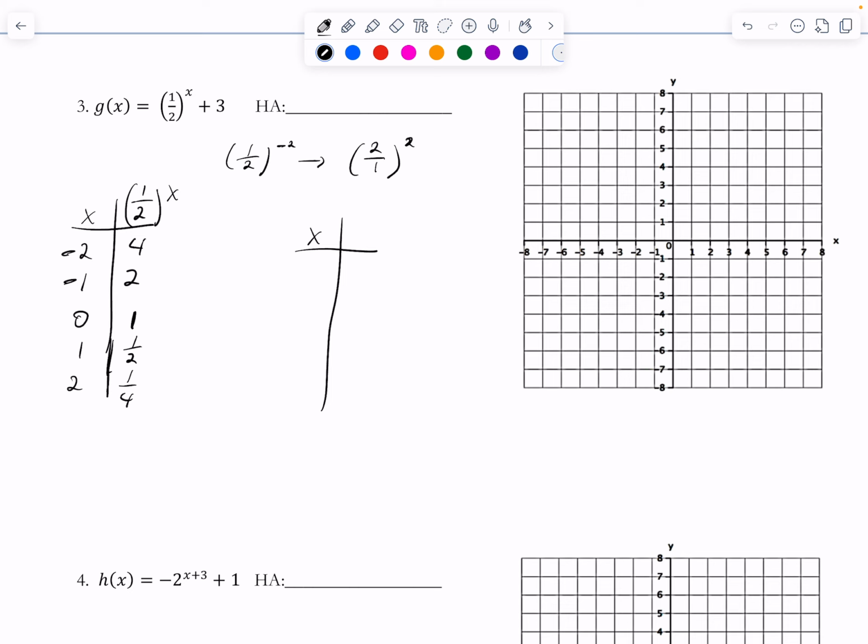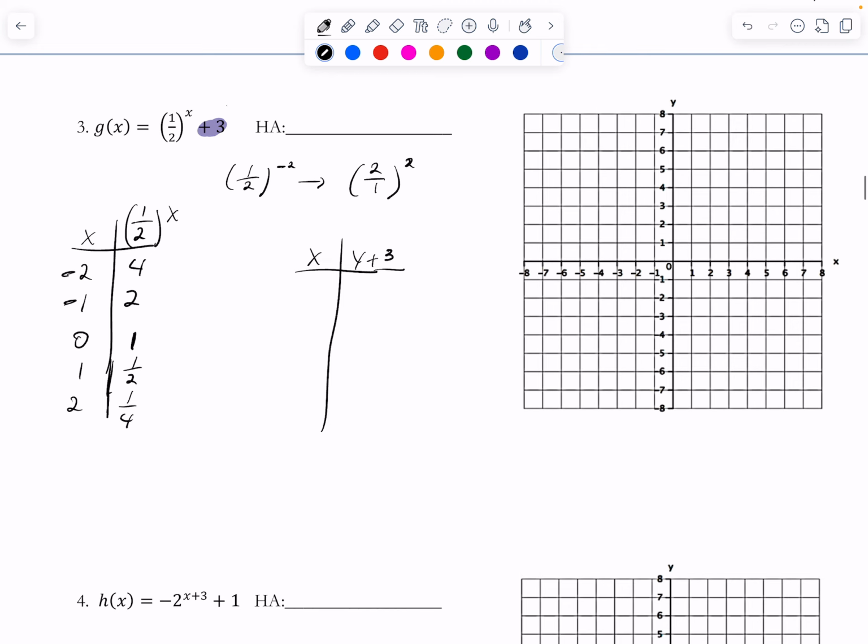Okay, now we are going to move that. And we've got, looks like one transformation here. I've got that +3, which is going to change my y values by adding 3. All right, and it's also, because it's written afterwards, going to change my horizontal asymptote to y = 3. So that is going to be new. So my x values won't change, but my y values are going to all be added by 3. So 7, 5, 4,